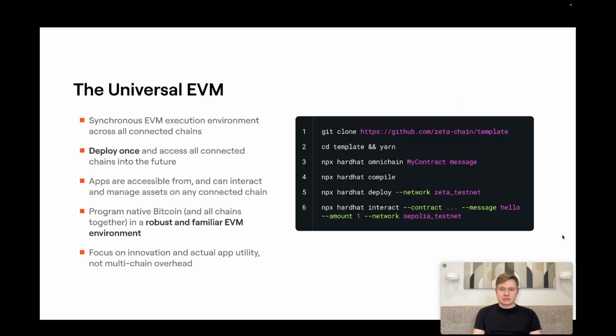So this is very familiar from a developer experience point of view. It's just a regular EVM augmented with interoperability features. To start building, you would clone a Hardhat template, install dependencies, run a command to create a new universal app, compile it, deploy it on ZetaChain, and then you can interact with it the same way you would interact with any other application, except here you deploy on ZetaChain, but you can actually interact with this app from